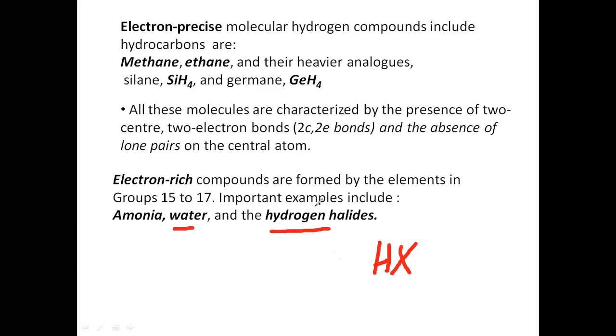So after carbon, the next family is the nitrogen family, then the oxygen family, then the halogen family. All are examples of electron rich hydrides because there is a presence of lone pair. For example, you see ammonia. If you take ammonia,